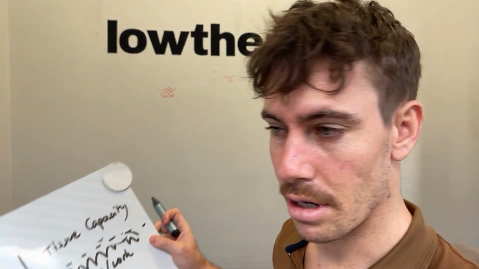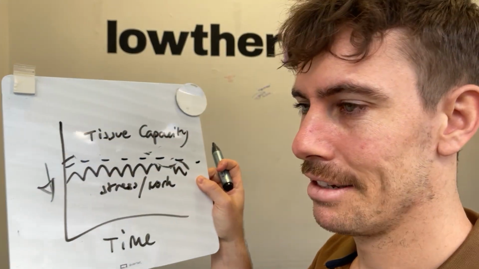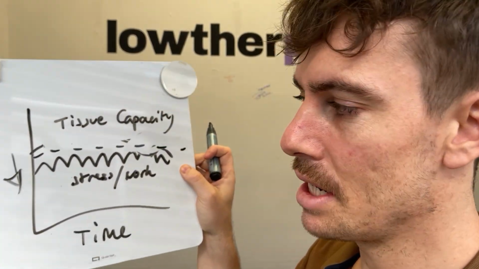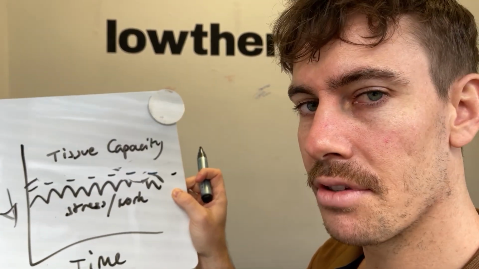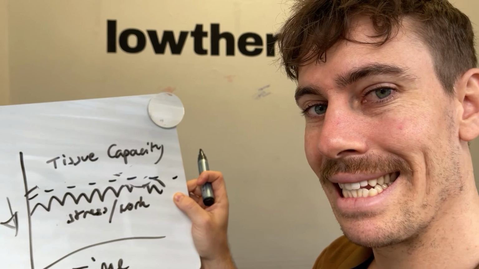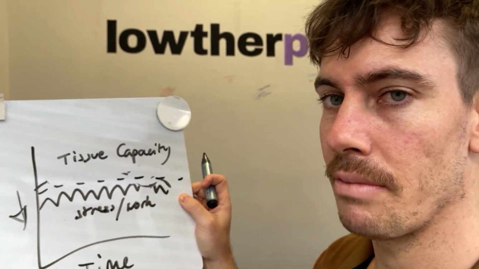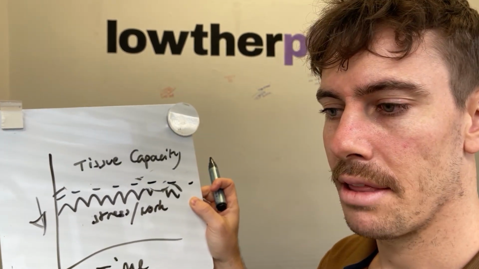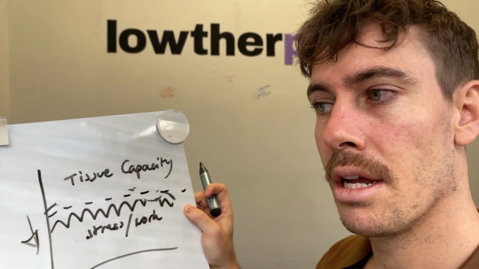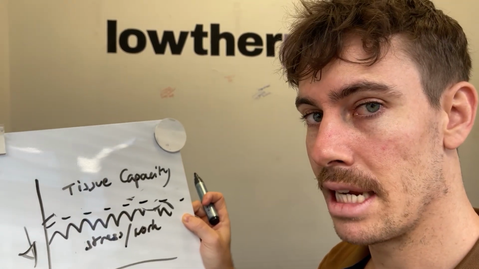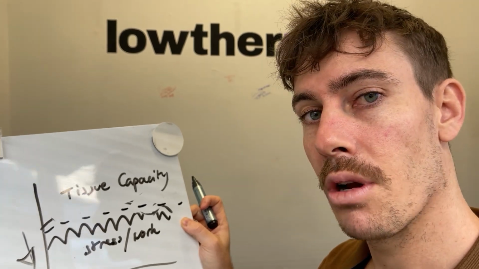Well, our tissue's capacity, this is a terrible drawing, apologies. I've drawn a down arrow and a little dotted line. So our tissue's capacity after a period of healing may actually be a little bit lower, because we've had to rest, we've had to allow things to settle. So although we're no longer in pain, the overall tissue capacity now may still be lower than what it originally